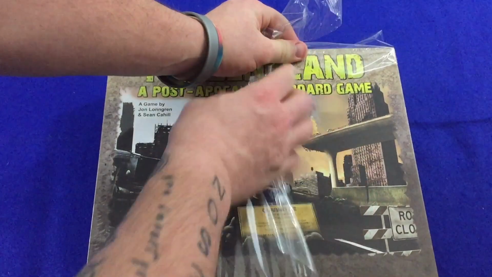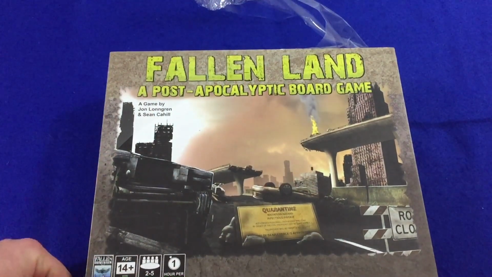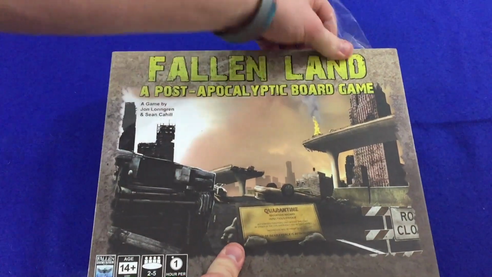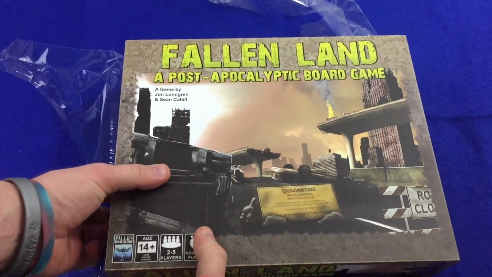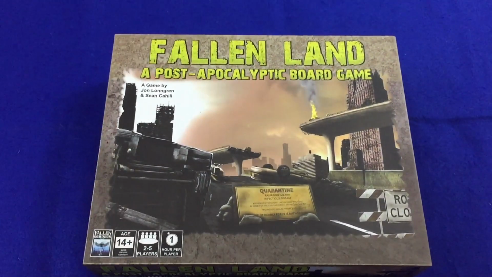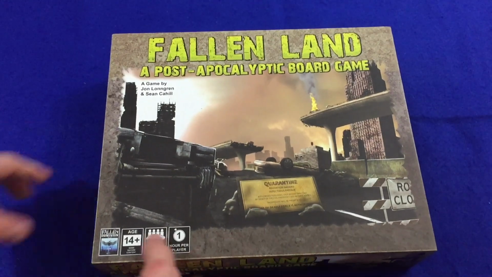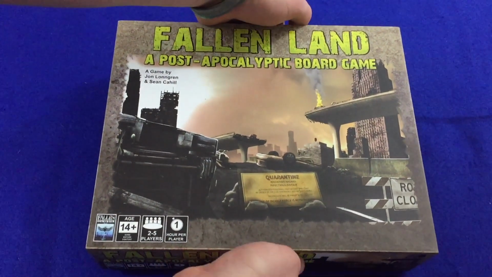Now, I am interested to see how, talking about bribery, betrayal, forming alliances, how that works in the solo play. That's always something tricky to get the feel for, to get that same feel in there when making solo variants for games that have that as a key part of the game. All right, so